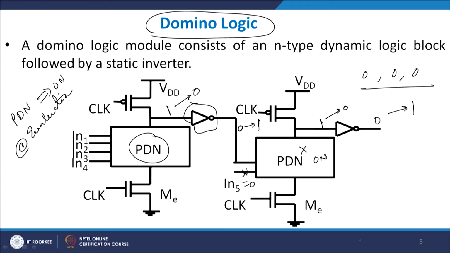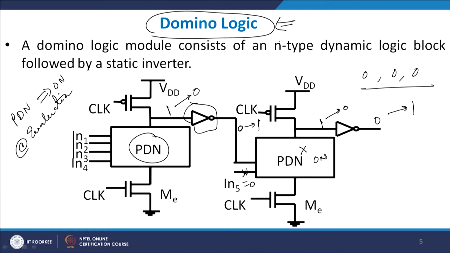So, you see a sort of domino. Dominoes are small cubical structures which are kept in line. If you just push one of them, it is a cascading effect, and it pushes others in a row; that is known as a domino effect. The same domino effect happens here, and that is the reason it is known as domino logic, that you have a static inverter which converts it to a high logic. You see the advantage here: a static inverter's output impedance is typically very low, and therefore noise immunity is much better in a domino logic as compared to others.